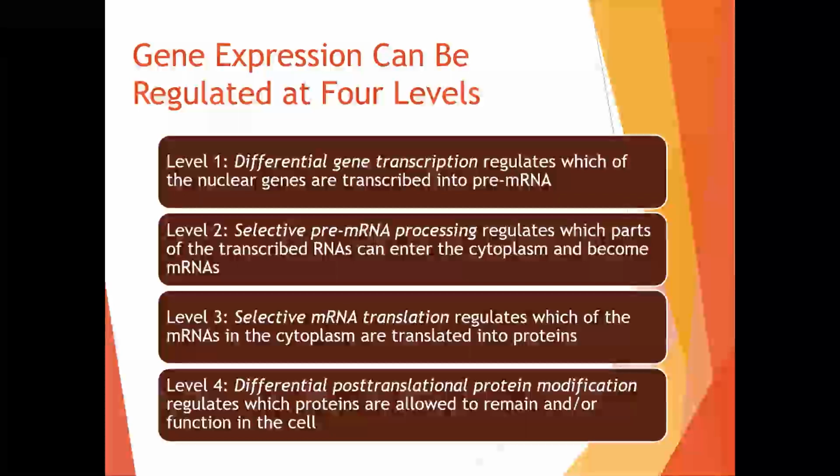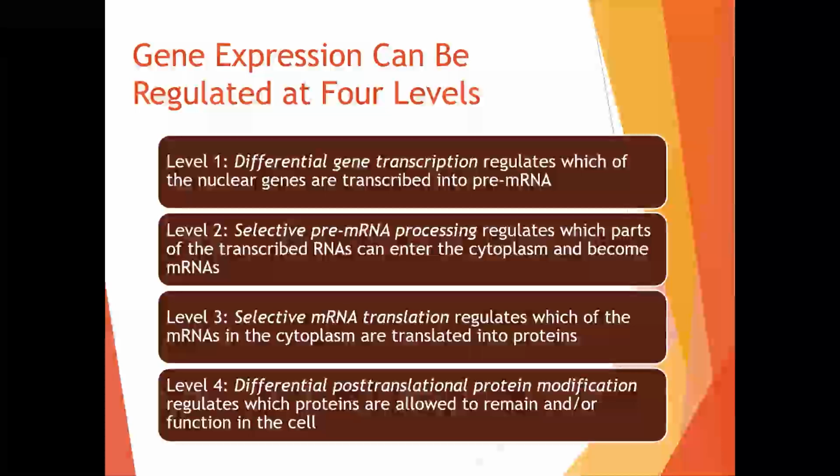So at that first level, this is where we decide which sequences of DNA are actually going to get made into pre-mRNA. And this is regulated largely by how accessible genes are. So this would be things like nucleosomes or histones. How tightly is it wound? Is it actually accessible? And then also by any transcription regulators or transcription factors. So are we going to have any proteins coming in, binding, and actually making the RNA?